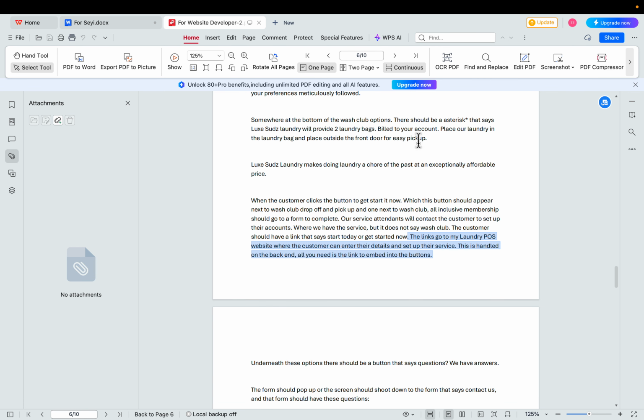It's its own thing. The only thing that you'll have to do on this side, as far as something after a link, is when they click on Wash Club or Wash Club Elite, it should just bring up a form for them to complete for us to contact them and get them all set up. Now, let me say this, Davies.